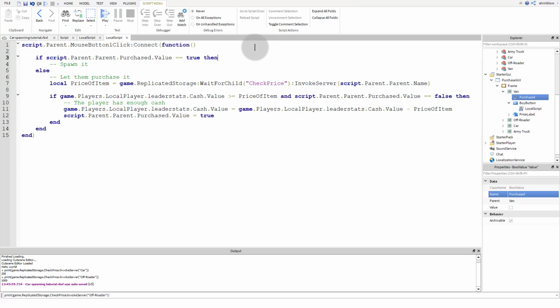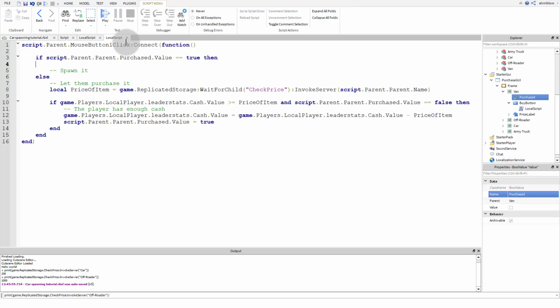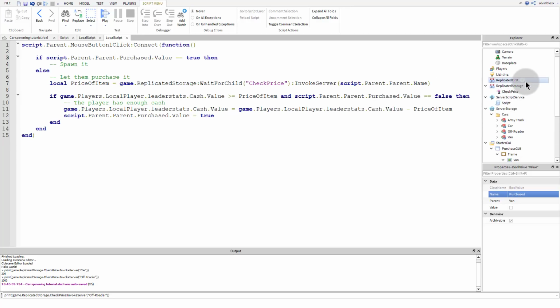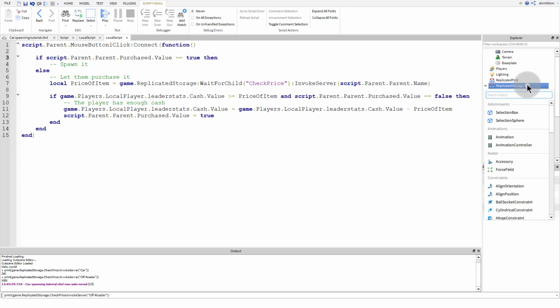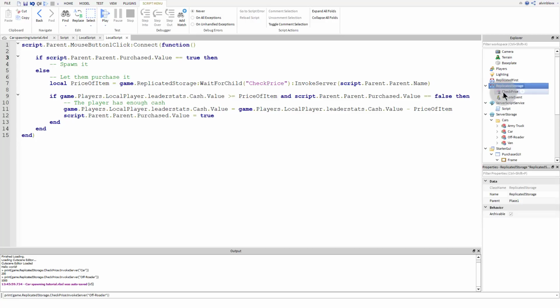So to spawn the car, what we're going to do is we're going to have a remote event in replicated storage. So let's click on the plus and click on remote event, or let's type it in.